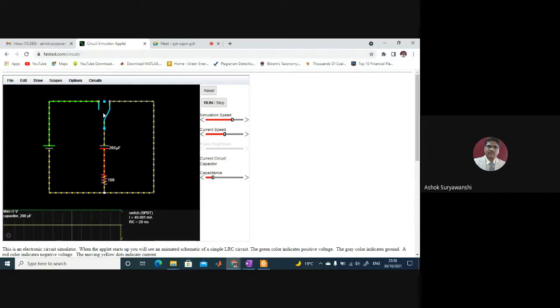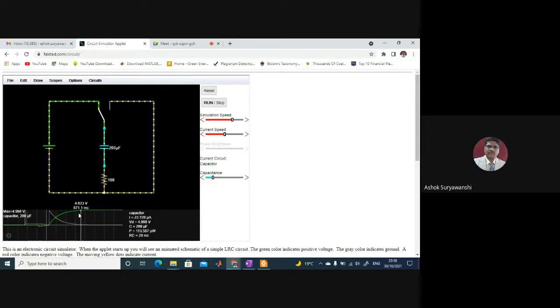Now you can see the capacitor will discharge, and when it discharges, you can see the lower graph. The capacitor is discharging, and when it completely discharges, again the voltage across the capacitor will become zero. Now, if I switch this particular switch to the battery, then the capacitor will start charging. So you can see the waveform also. See here, now it starts charging. At the lower side waveform, the green one is showing it is charging, right?